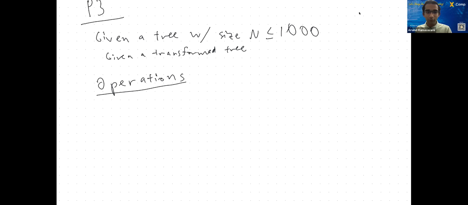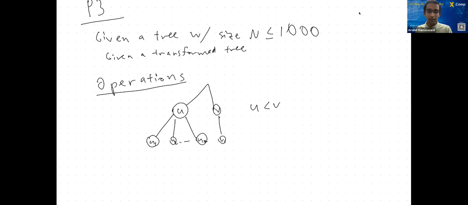If you have two vertices, U and V, that are siblings, and U is less than V, and let's just say the children of U are U1, U2 up to UK, and then V1, V2 up to VK,